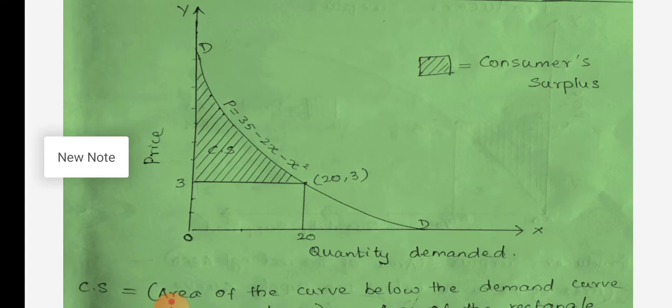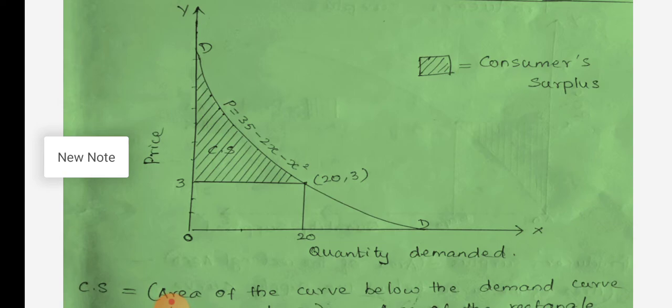Now on the demand curve, you can plot the point where the x value is 20 and the y value is 3. I have written within brackets 20 comma 3, which means that for that particular point, the values of x and y are given there. I think you should know this because you have done it in 10th standard maths by plotting points. The first value normally refers to the x-axis value and the second value always represents the y-axis value.